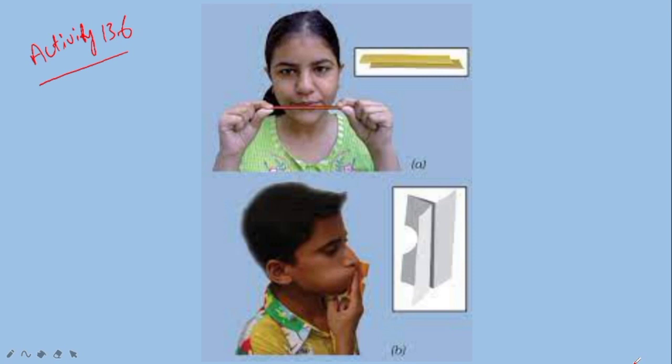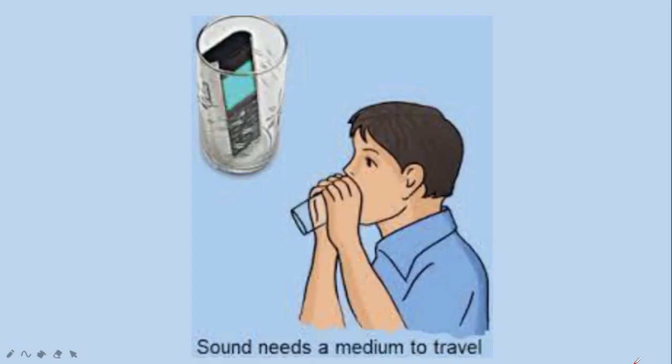When you call your friend who is standing at a distance, your friend is able to hear your voice, right? How does the sound propagate or travel to them? For that we will do an activity. The activity is very simple. Take a metal or glass tumbler like this. Make sure it is completely dry. Place a cell phone in it. I think you all have a cell phone at home, right? Then ask your friend to give you a ring on this cell phone from another cell phone.